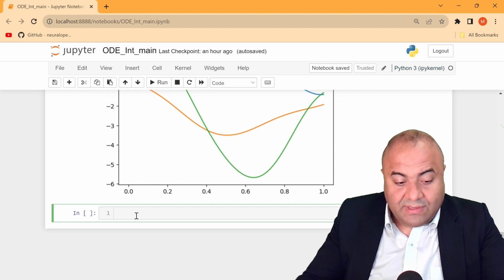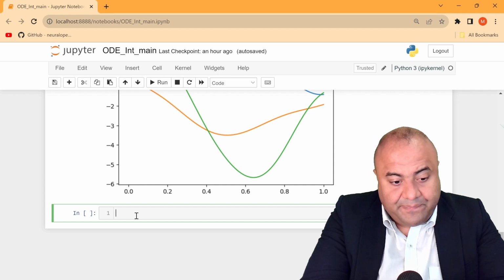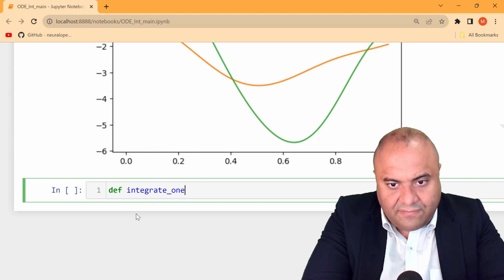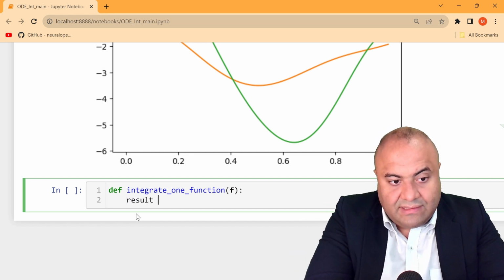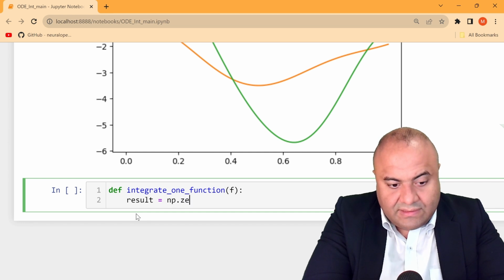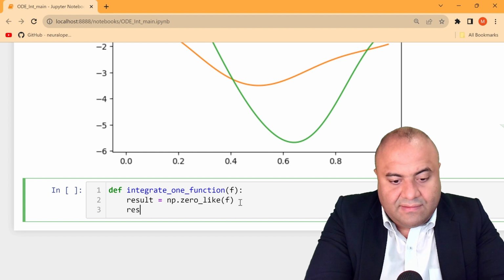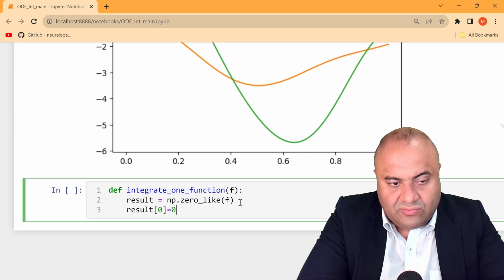So the first thing now we want is we need to integrate them. So we need a function that integrates lines. So def integrate, and here also one function, and it will have the function as an input, and result equals np.zeros with the size of f. This is 0, like the size of this, and result[0], the first one, will equal 0, because